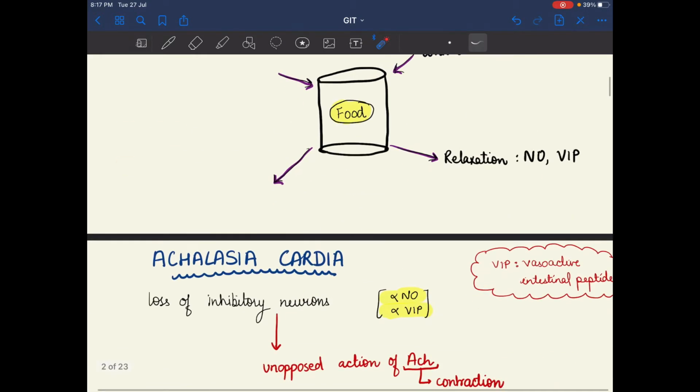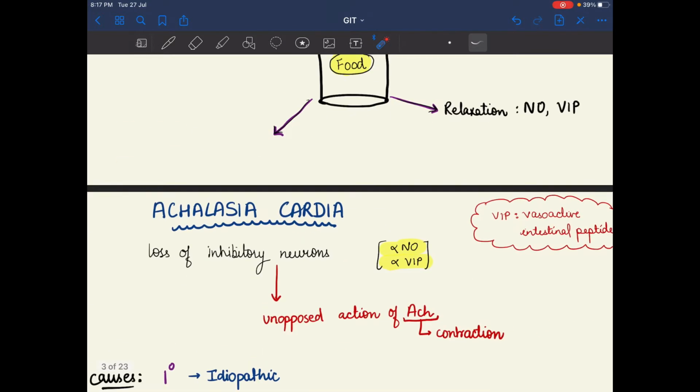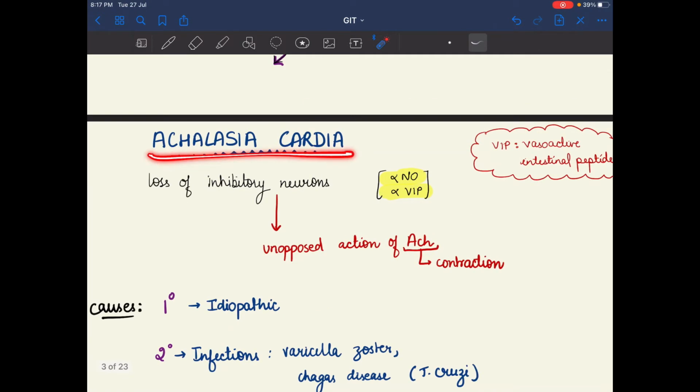Now let's learn some diseases of the esophagus. Achalasia cardia. A means absence. So there is absence of relaxation of the esophagus. This means there is loss of inhibitory neurons against the acetylcholine. So there is unopposed action of acetylcholine, and relaxation is not present because there is absence of nitric oxide and